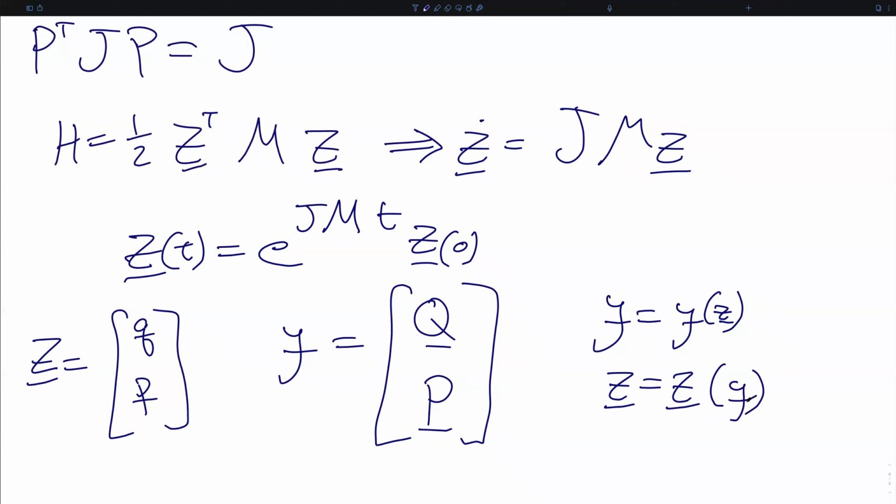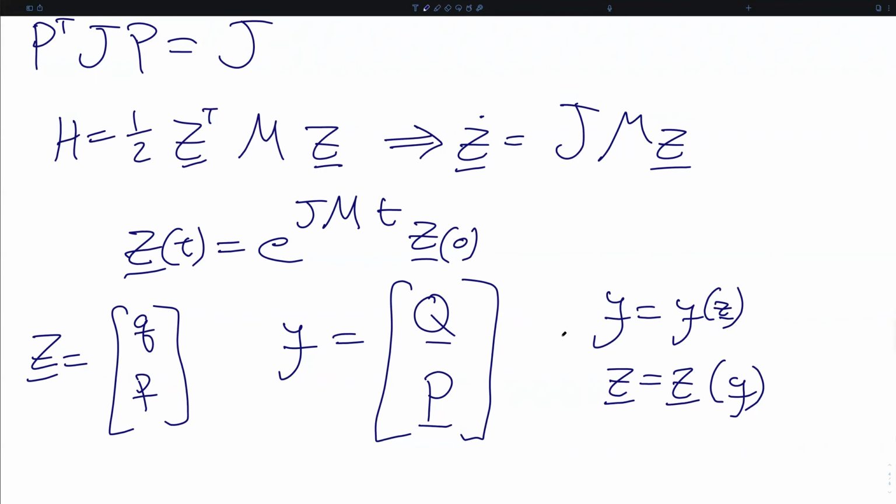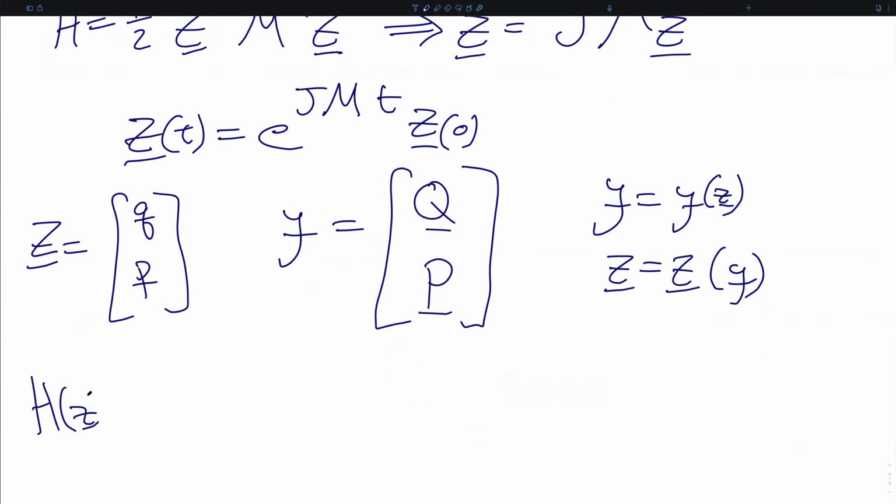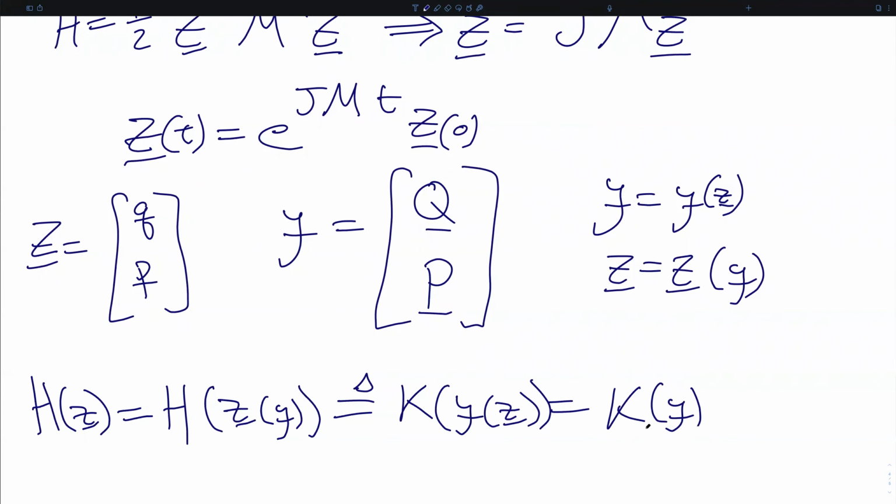the transformed vector y. The new Hamiltonian associated with the system, the thing that we've been calling K, can therefore be generated as the original Hamiltonian written in terms of the inverse transformation of z as a function of y, which generates K, which is a function of y as a function of z, and finally K as a function of y. Hamilton's equations themselves also transform, and so we get